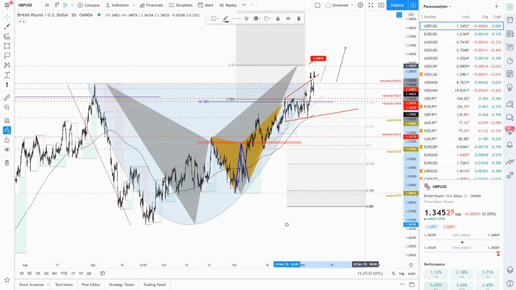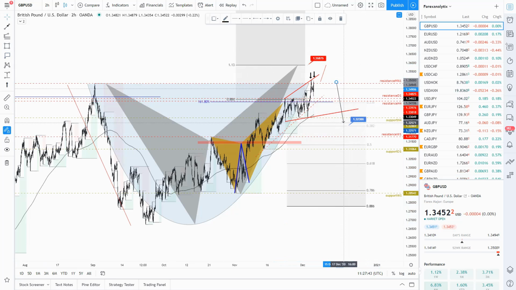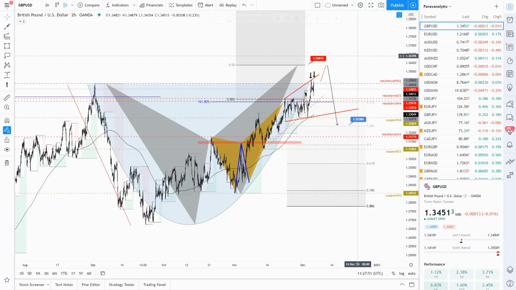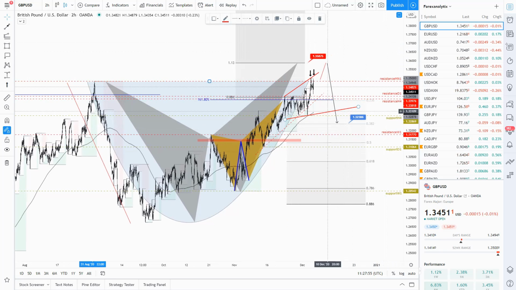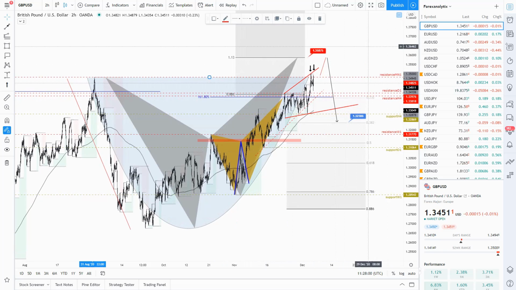That being said, if the market decides to print the alt bat pattern at 135.87, we may see the price then later trading back to the 38% Fibonacci retracement level. So that's the default expectation. So the formation of the bat pattern above, and then the recovery of the monthly fractal, and eventually the violation of all those highs and lows printed before.